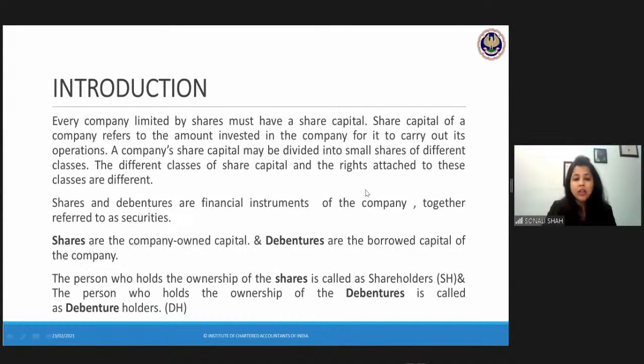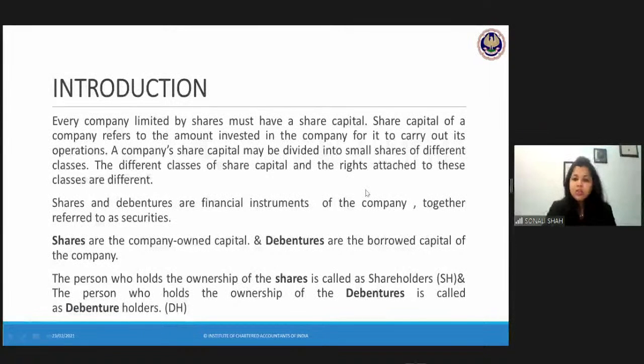So recently I read the news where Mama Earth, which is comparatively a new-age brand, is hiring 200 employees because they have reached a certain benchmark of turnover. When they are hiring employees, there is expenditure to it. Obviously share capital is not spent for regular expenditures, but yes, when they are hiring employees, they will further